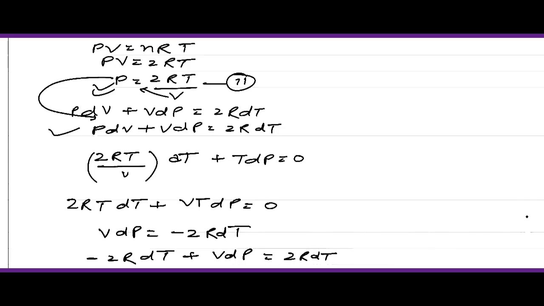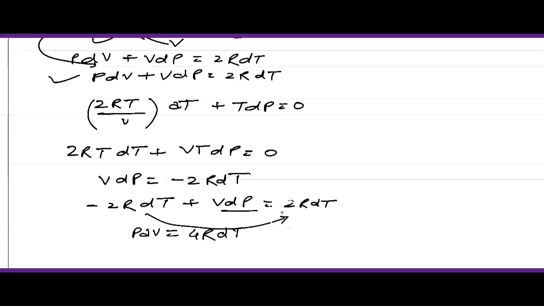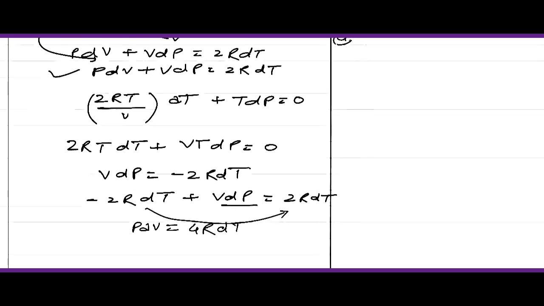Okay, we are putting the values from the equations. Nothing else. After this, if we solve this equation further, we can say that PdV will be equal to 4R dT. Okay, take this 2R dT on this side, so PdV is equal to 4R dT. Okay, so after this, if we talk about the part number A,